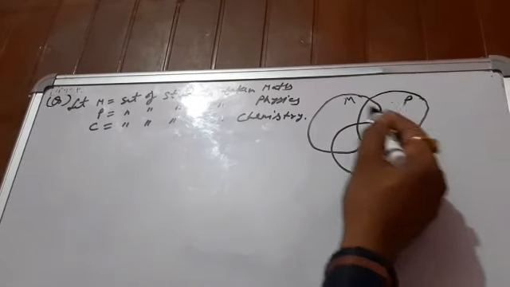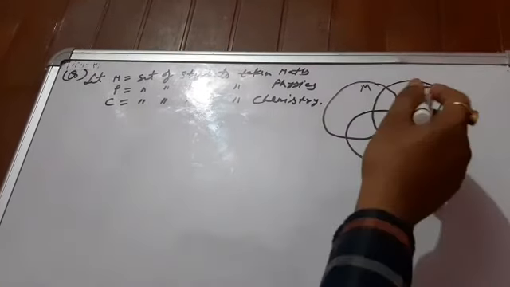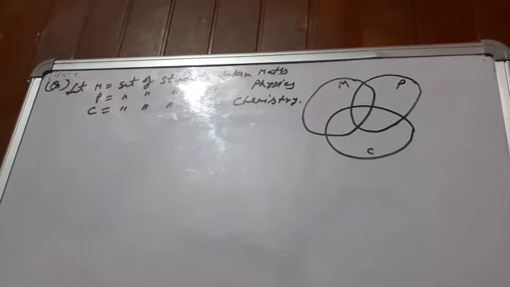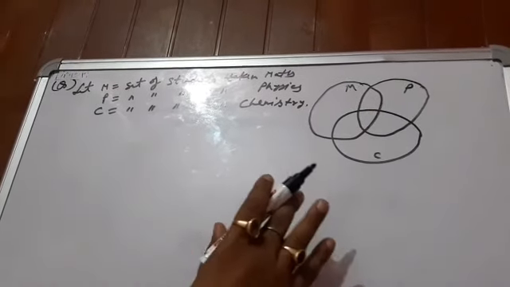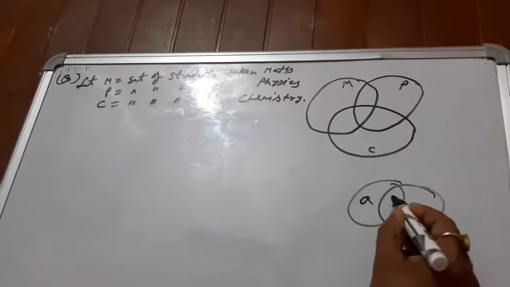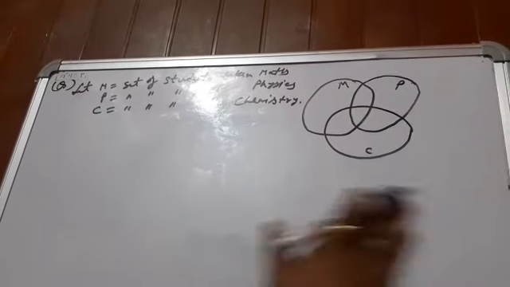First set for maths, second set for physics, third set for chemistry. Now let us see. At first fill all the portions what are given here by using small a, b, c. You have seen this method in terms of two sets also. I told you there to write a, b, c. But now here more than three places are there.